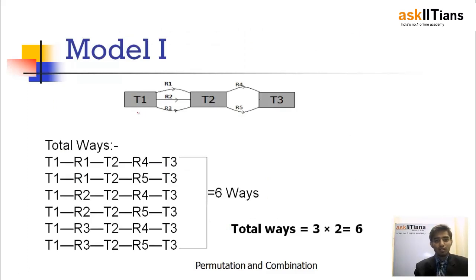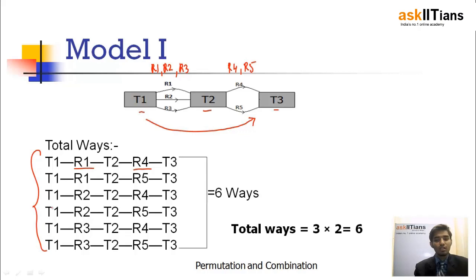So let's see this through a different example. Suppose let's consider this model. Here T1, T2, T3 are three towns, town 1, town 2 and town 3, and there are three routes that are possible from town 1 to town 2, that is R1, R2 and R3, and again there are two routes which are possible from T2 to T3, that are R4 and R5. Now if I want to go from town 1 to town 3, then what are the possible number of ways? Either I can take R1 between T1 and T2, and I can take R4 between T2 and T3. In a similar way there are 6 possible ways in which I can go from T1